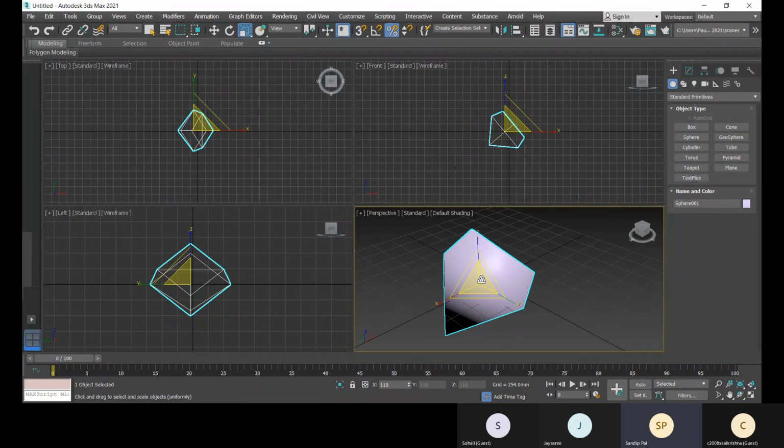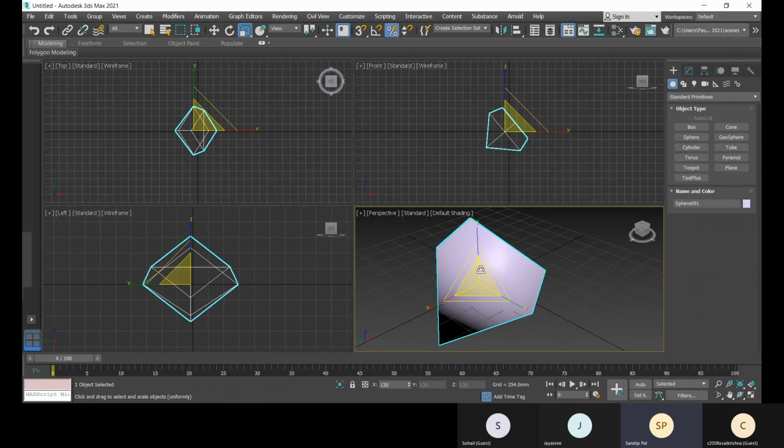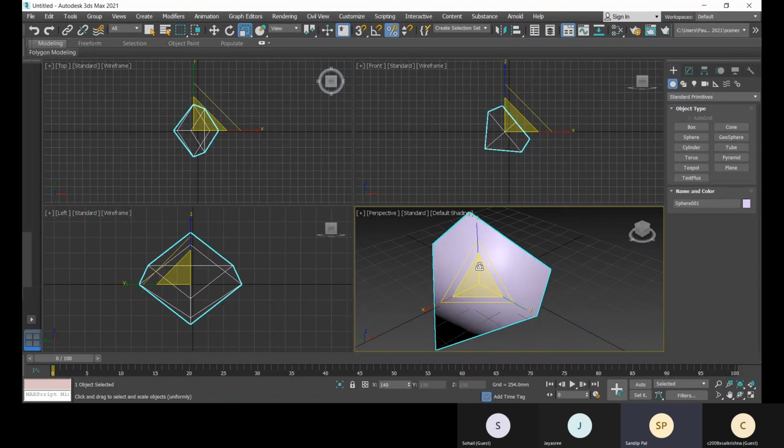Now if you check, it increases by 10%, you can check in the coordinate display. There you can see 110, next 120, next 130, right?